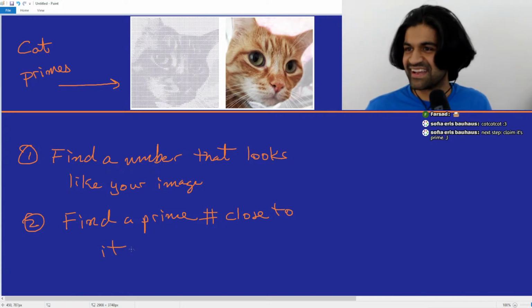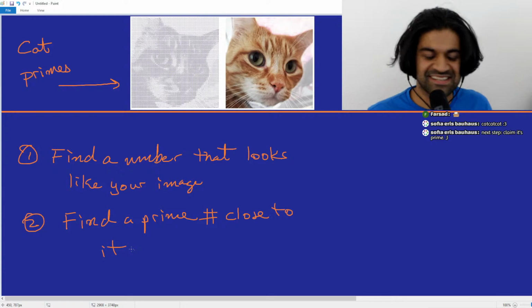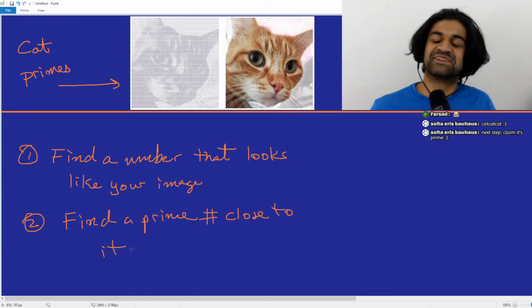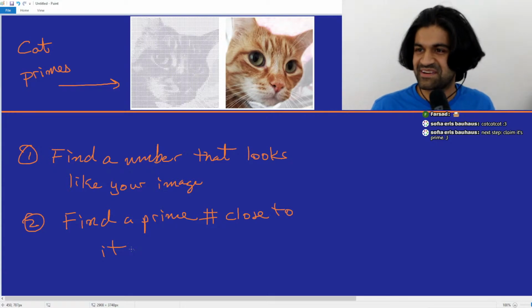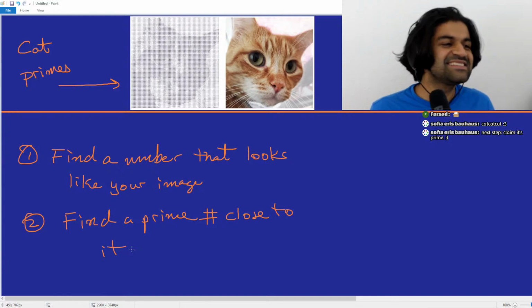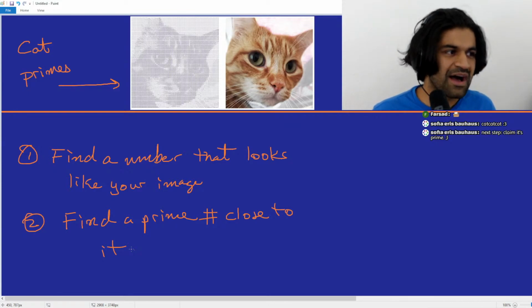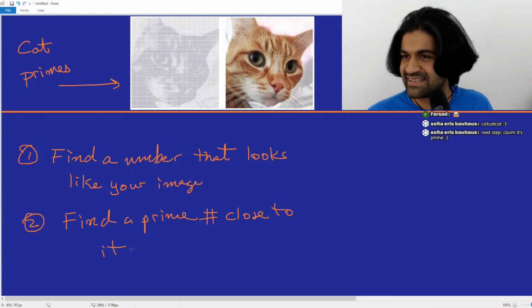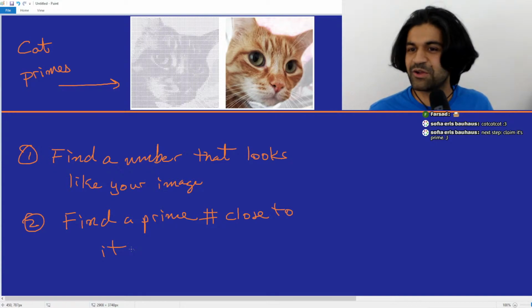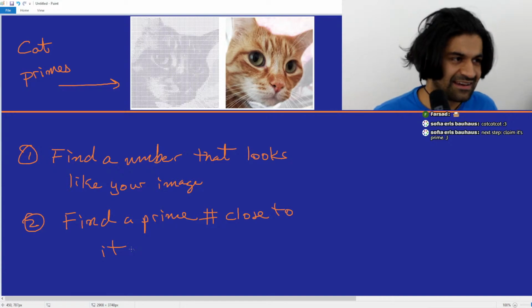And that's it, really. You just find a prime number that's close to it. So you find a number that looks like your image and find a prime number that's close to it. So this is all, of course, easier said than done. I mean, you have to ask yourself the question, why is it so easy to find a prime that's close to the number that is shown in the image? Well,